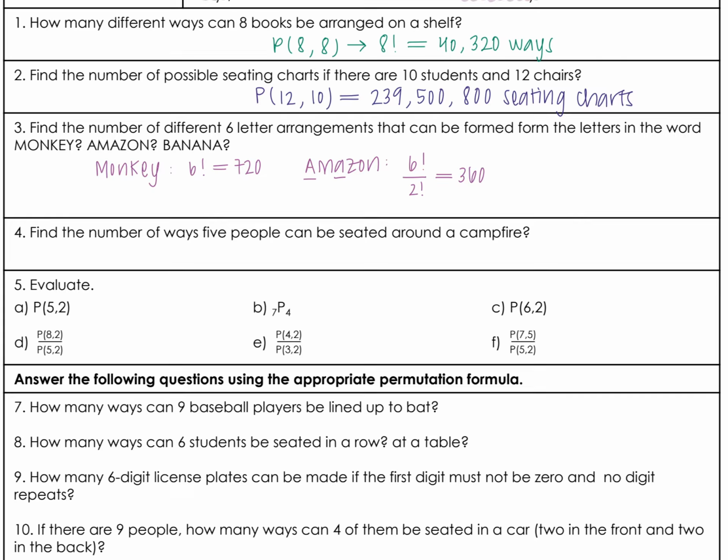The reason why we do this is because if I take that word Amazon and I rearrange and switch those 2 A's, the 6 factorial is saying that that's something different, but in reality it isn't. So in order for us to help cancel that out, we are just going to divide by the number of times it repeats, factorial. And then if you have multiples, then you're just going to keep multiplying by that same idea. So for example, when we move into banana,